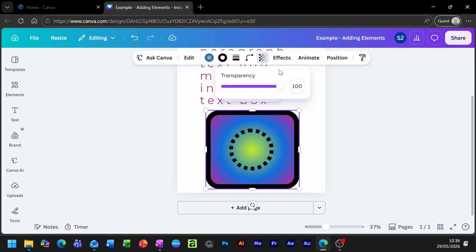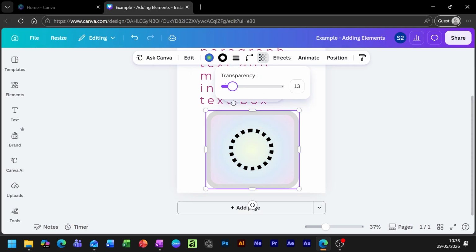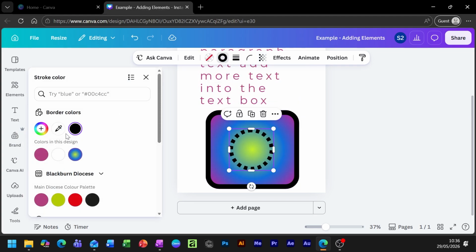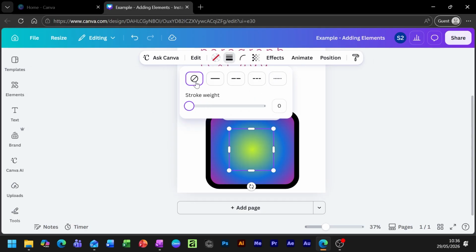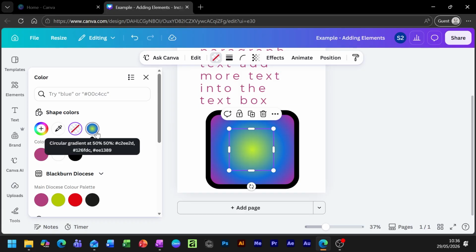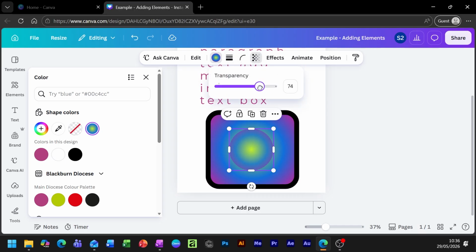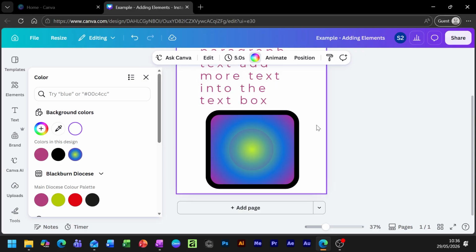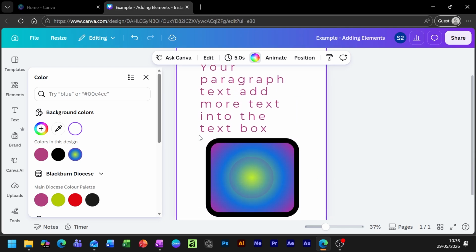And then I also have a transparency option, so I can bring the transparency of stuff down. Say I don't want this anymore, let's get rid of the stroke, and do that by getting rid of all the stroke weight, and it's not there anymore. Let's go back to this and add that, and now I can add some transparency and have the image bleed through onto the other one. So that's some of the ways you can adjust and customize some of your elements with color and shape and